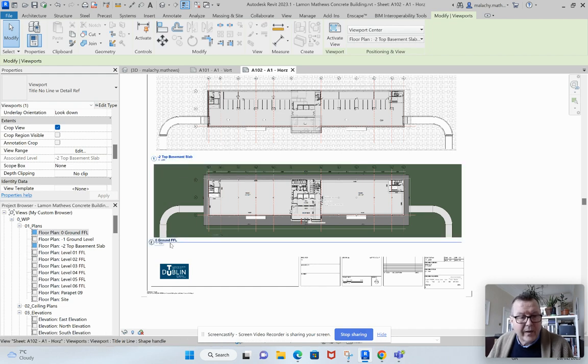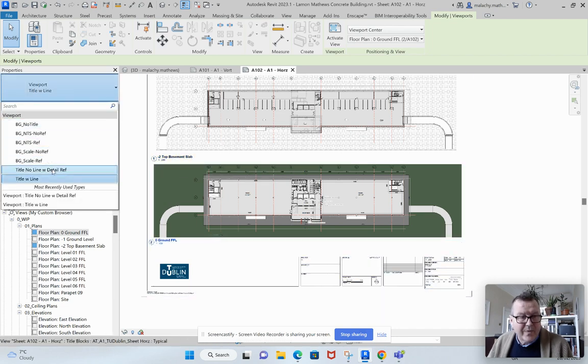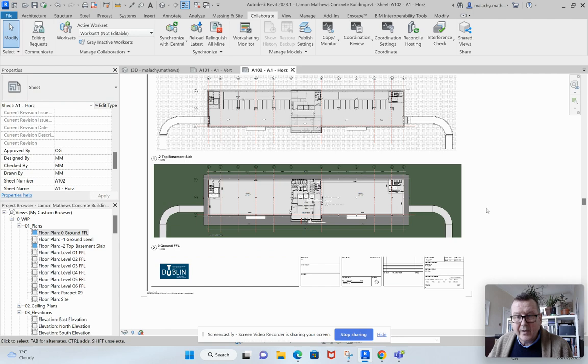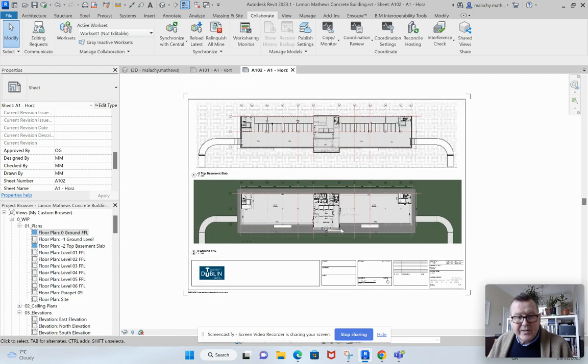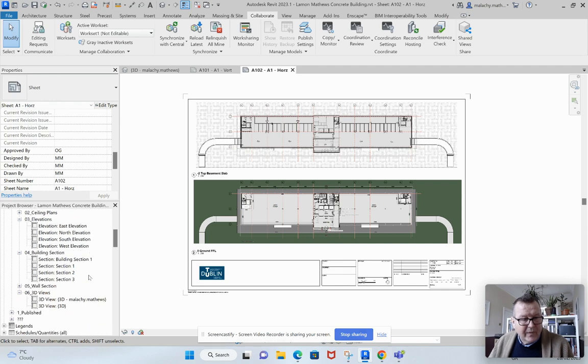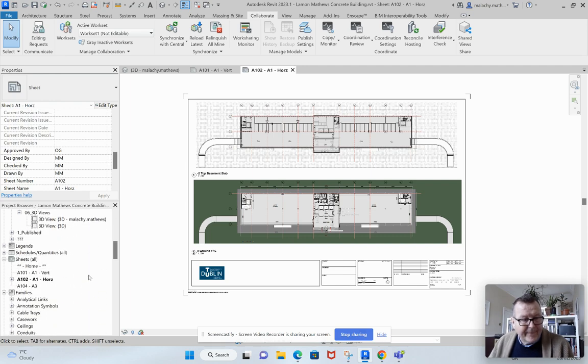Move that up a little bit there, and then I'll swap this out. That's my preference, the title no line with detail ref. And I'm just going to line it up with the other one here. Okay, so that's that sheet. Now, let's do another sheet, and I'll show you what's going on there. And again, it is